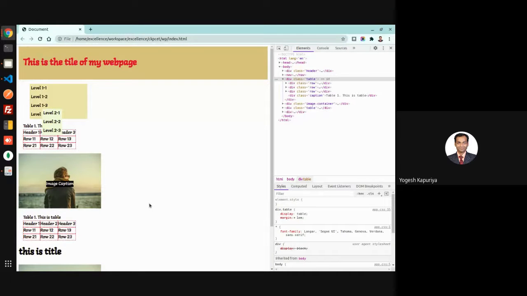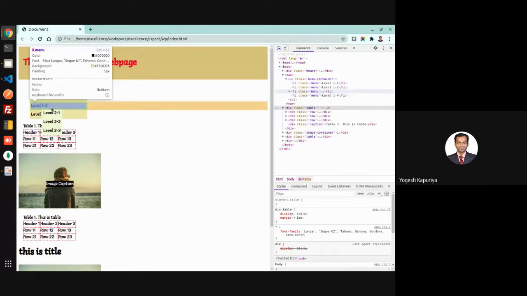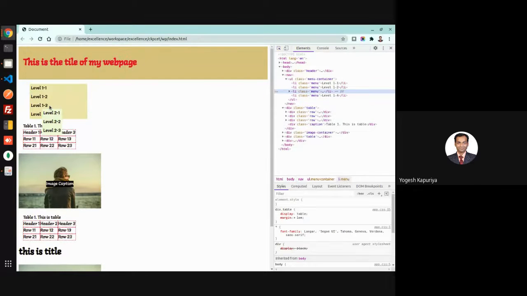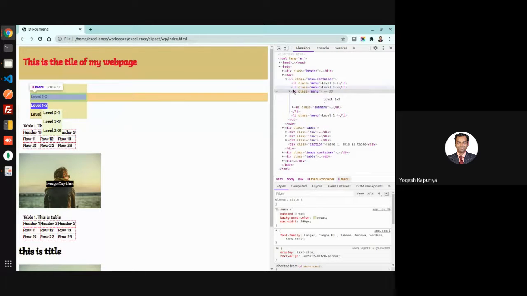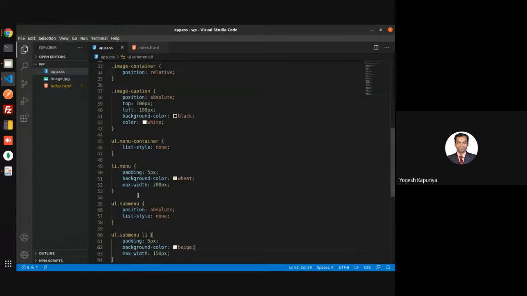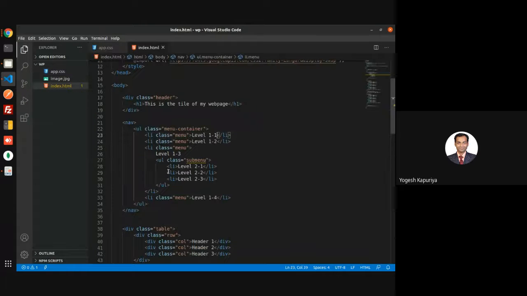Okay. So now you can see this, because your positioning is absolute, this menu is in absolute positioning with reference to its container. Where is its container? Its container is this tag.